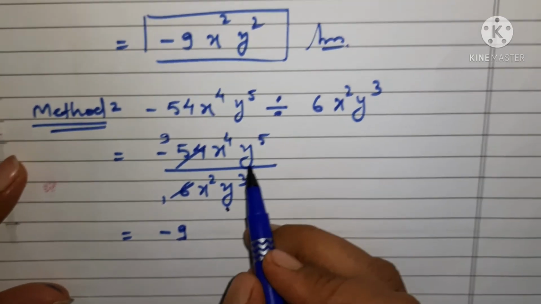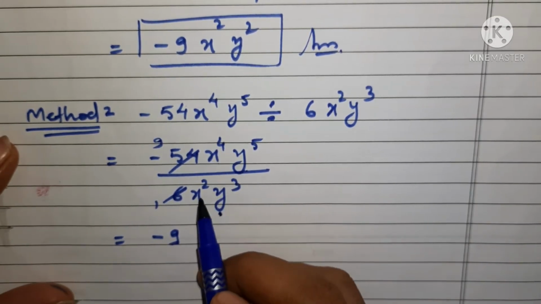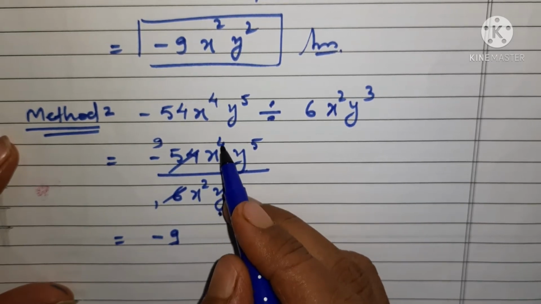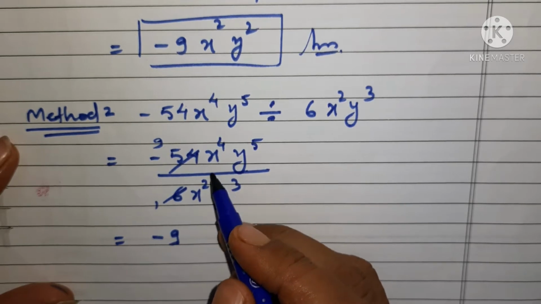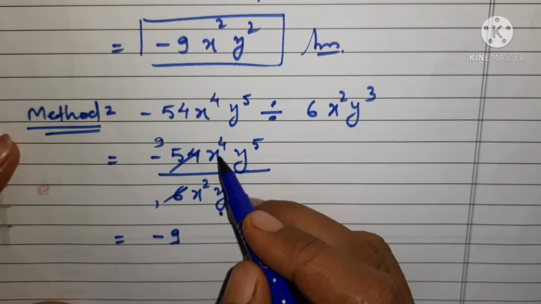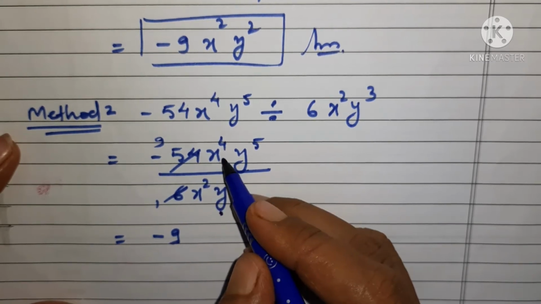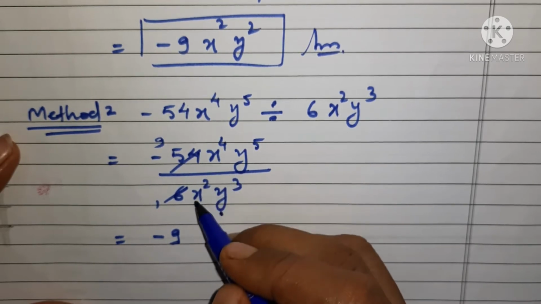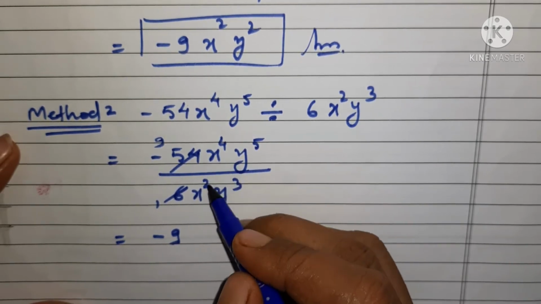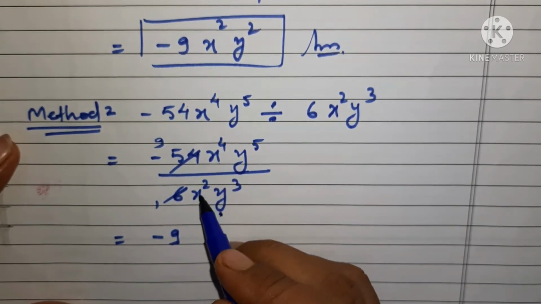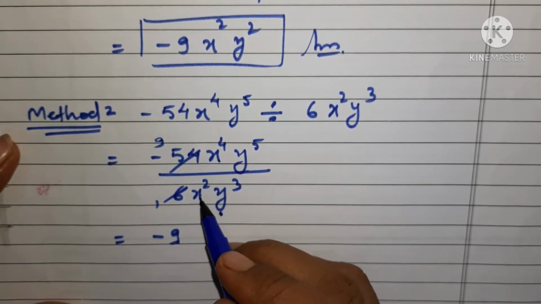Okay, then what is there, you can see it is x4 and this is x². So when we are having the same variables in denominator as well as in numerator, what we are going to do, we'll see the powers. Okay, we'll check the powers and we'll subtract the powers. हम क्या करेंगे, जो भी हमारे पास न्यूमरेटर और डिनोमिनेटर, अगर हमें सेम बेसिस या सेम वेरिएबल्स मिलते हैं तो हम उनके पावर्स को सब्ट्रैक्ट कर देते हैं. ठीक है, तो यहाँ पे हमारे पास x दोनों वेरिएबल्स सेम है, ऊपर भी और नीचे भी, यानी न्यूमरेटर में भी x है, डिनोमिनेटर में भी x है.